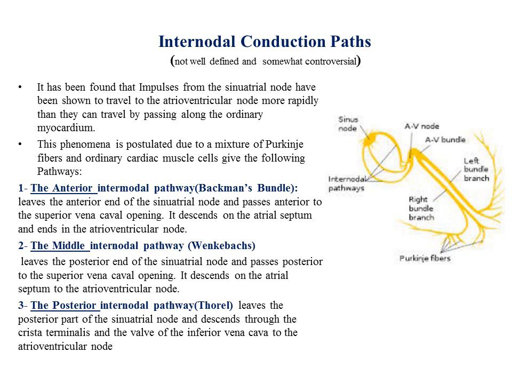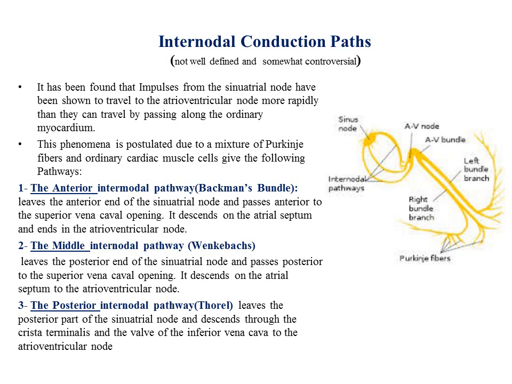It has been found that impulses from the sinoatrial node travel to the atrioventricular node more rapidly than they can travel along the ordinary myocardium. And this is significant so that the impulse reaches the AV node as early as possible. This phenomenon is postulated to be due to a mixture of different types of tissues, different types of modified muscle fibers and ordinary cardiac cells, and it passes through three pathways: